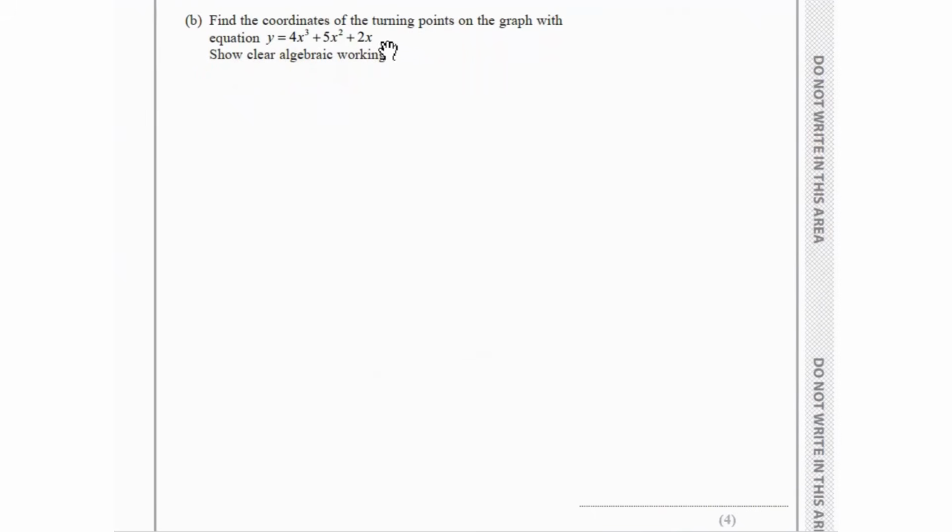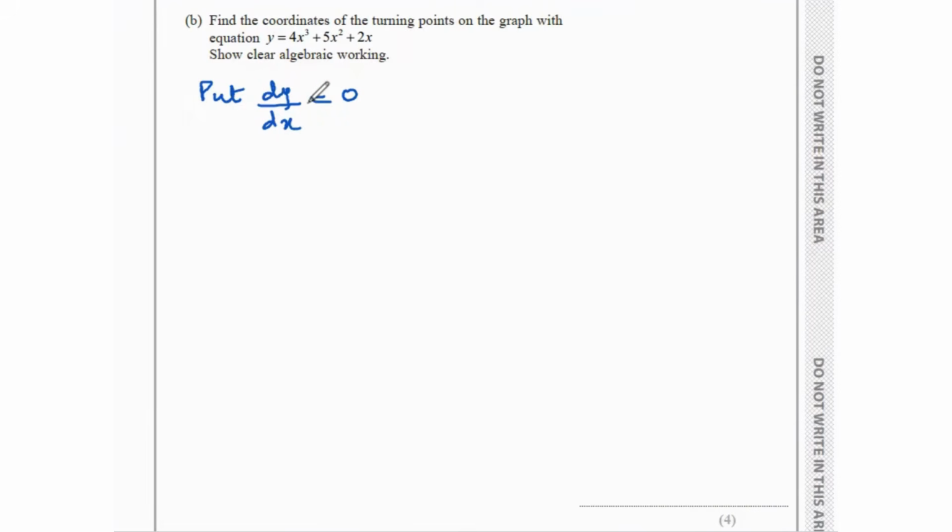Then it says find the coordinates of the turning points on the graph with the equation y equals 4x³ plus 5x² plus 2x. So it's the same equation. For the turning points, what you do is you put your dy by dx equal to 0. Then you solve that equation for x. And once you get the values, you put them back into the original equation to find the corresponding y values